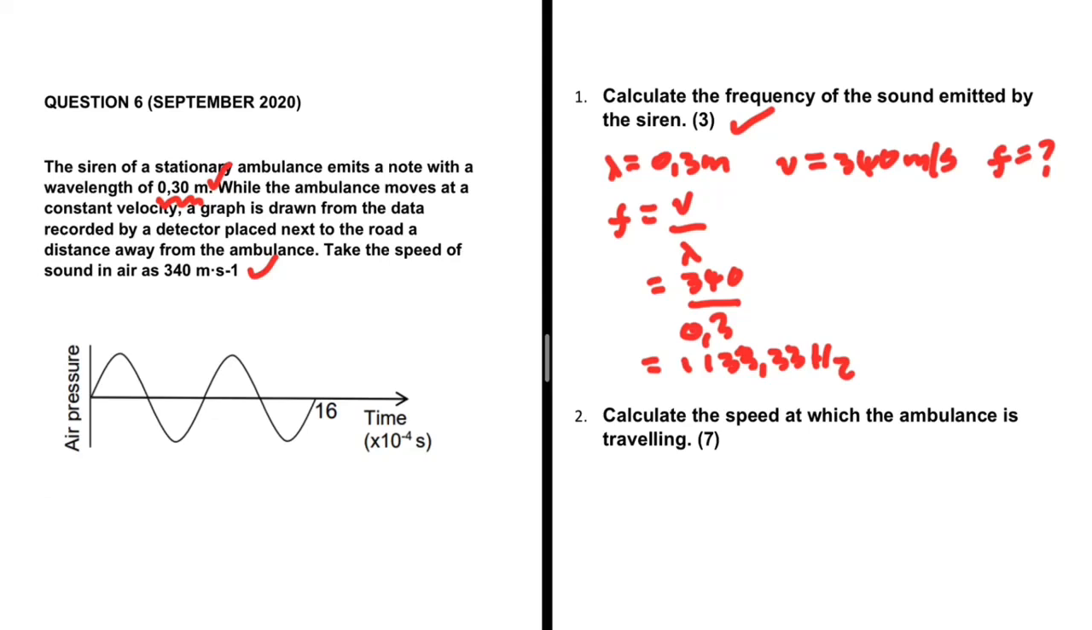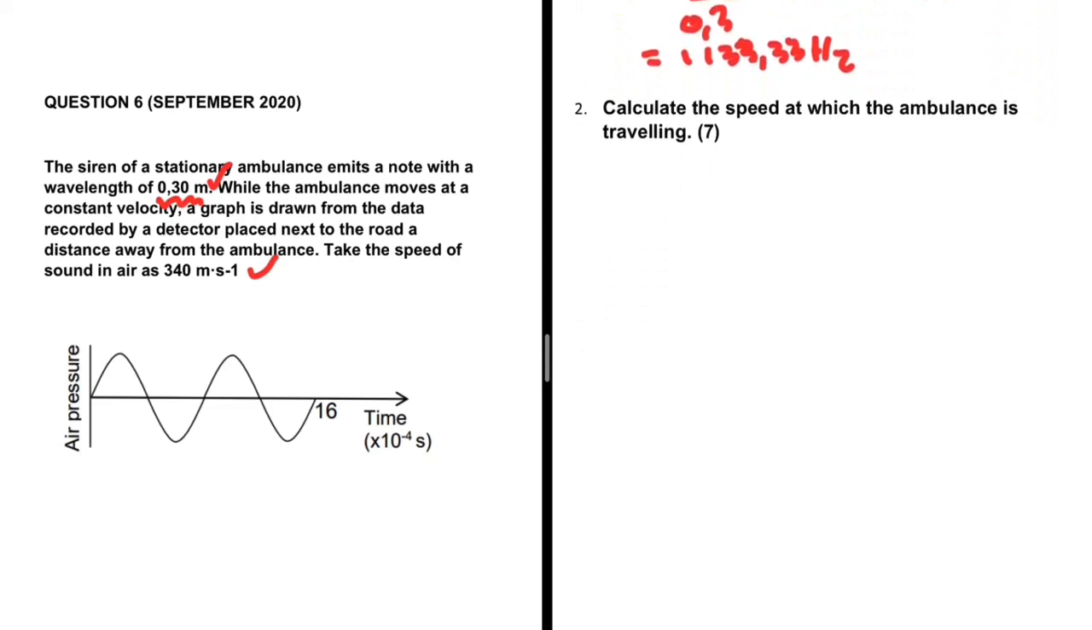Let's take a look at the question that follows. Calculate the speed at which the ambulance is traveling. Right, is the ambulance moving towards or away from the detector? We're not even sure of that, but let's just write down the information we have first and see how we're going to tackle this problem. Well, we know that the frequency Fs, frequency emitted, has a frequency of,